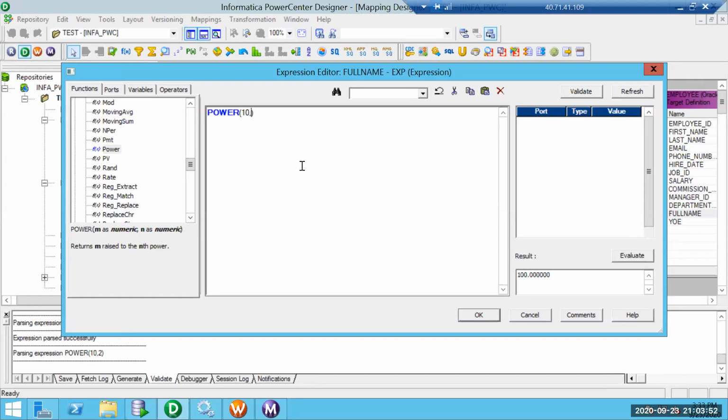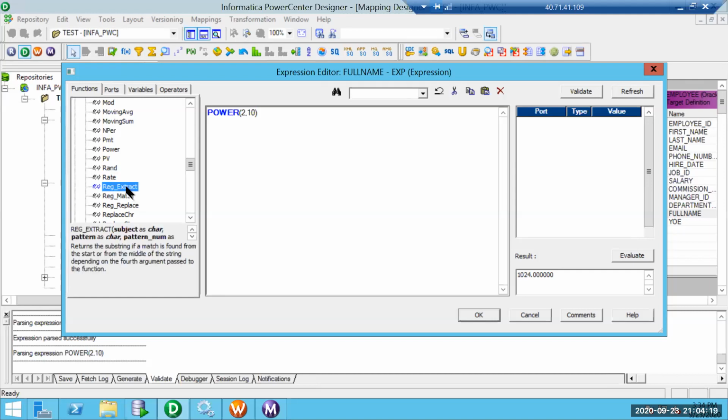If I give something like 10 power 4, I need to refresh, 10,000. I can give 2 power 10, which is 1024, 2 raised to 10. So power is as good as that. Rand is random value. If you want a random value, we can use rand.